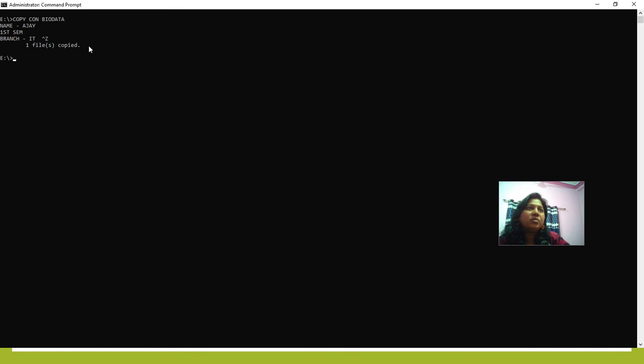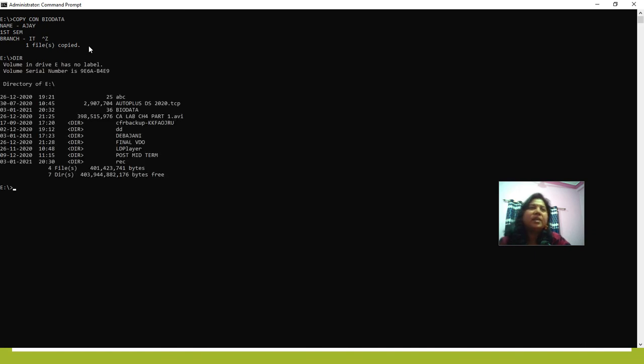Now start with the rename command. Here your file name is biodata. Check in the directory, write dir. Now see, here the biodata file is there, occupying 36 bytes, with date of creation and time of creation. Now I have to rename the file. So your command is ren, write down the old file name. Then write the new file name. I am writing newbio.